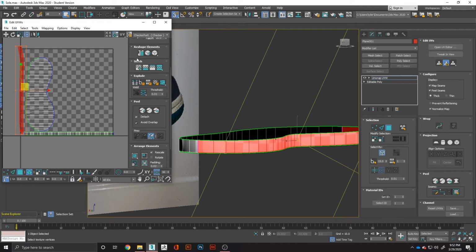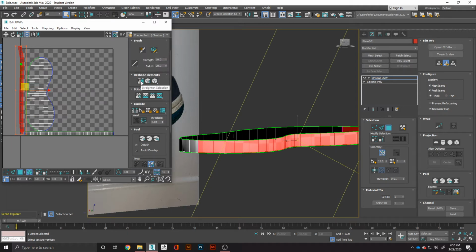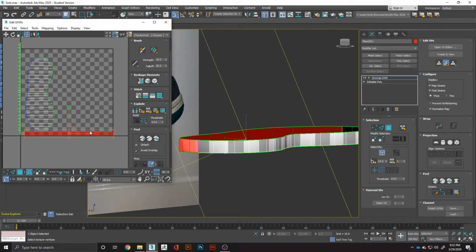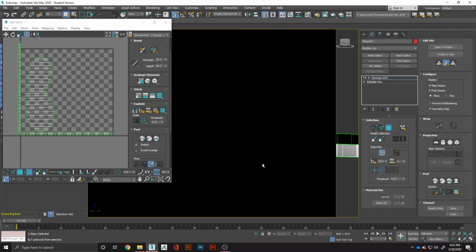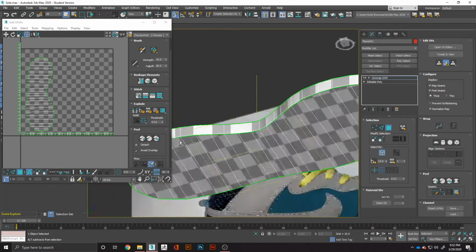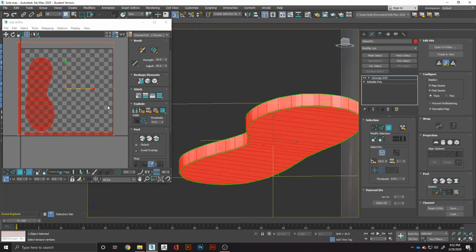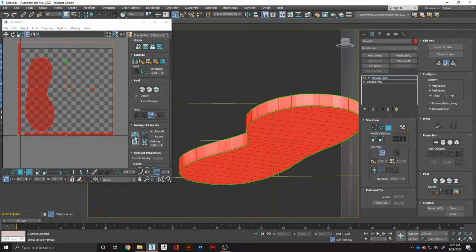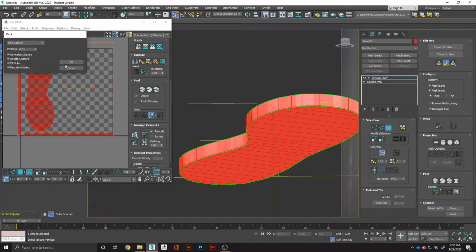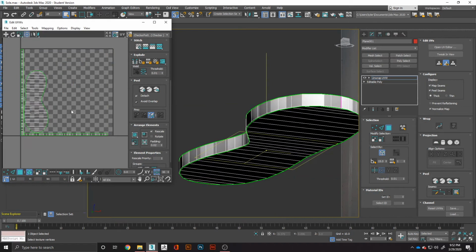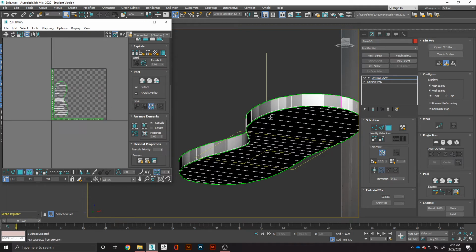Under Reshape Elements, I'm going to Straighten Selection, and I'll do the same for the other strip. So now you can see here the squares look a lot more even. So again, I'm going to select all, and then go to my Pack Custom, and we're good there. So now this is unwrapped,